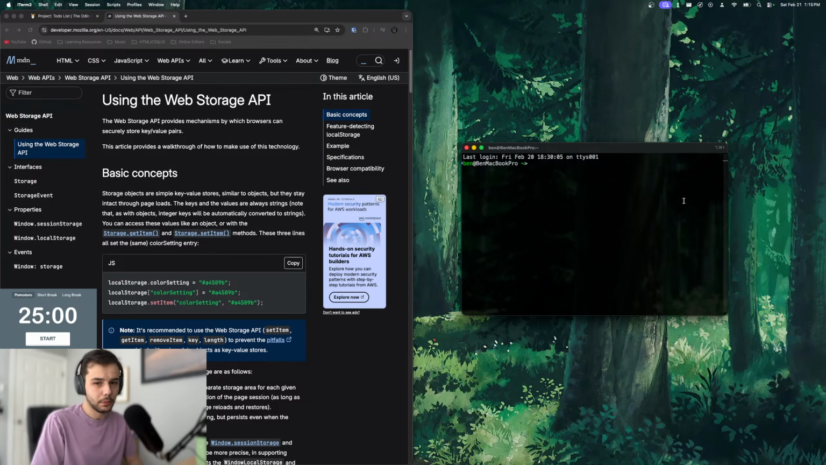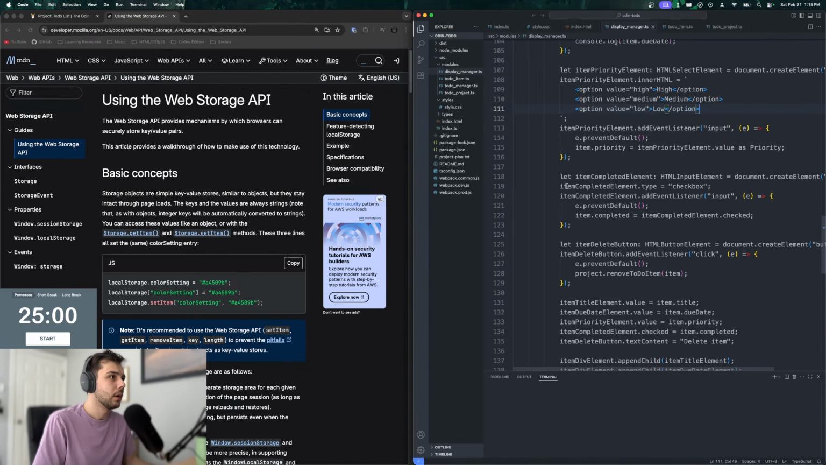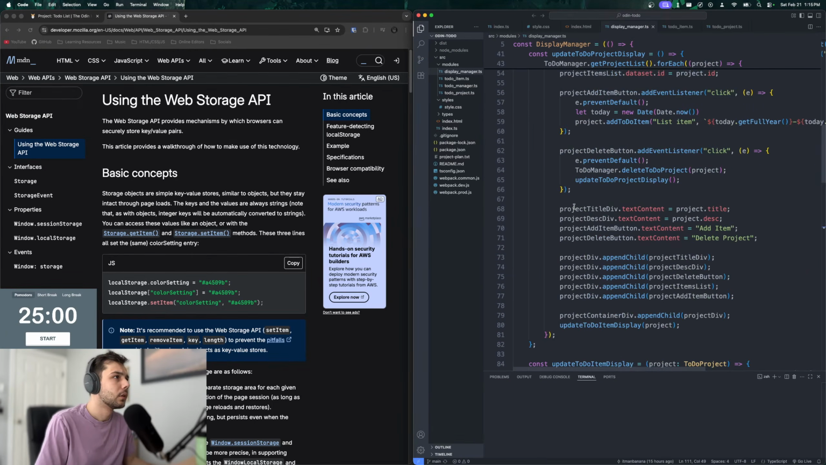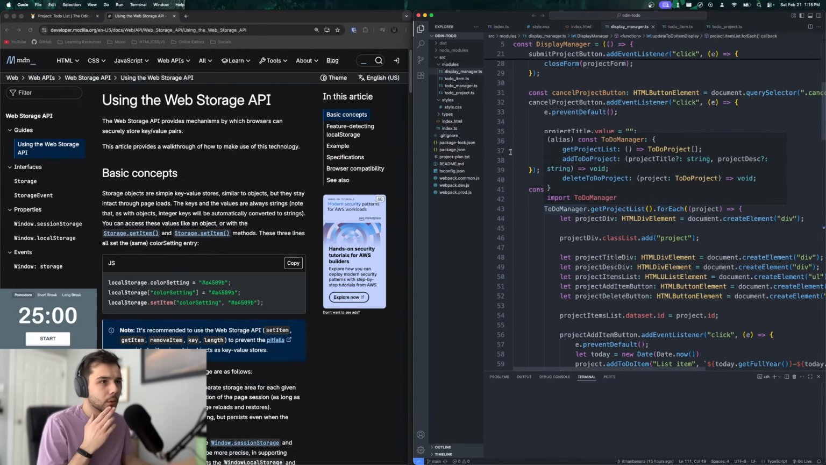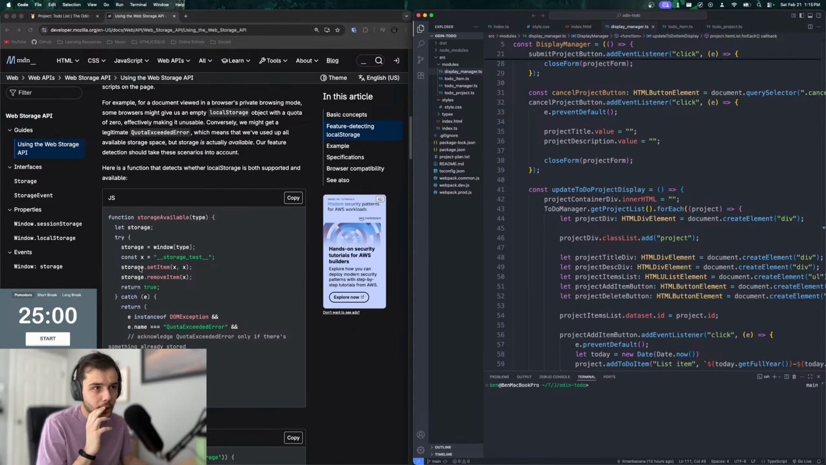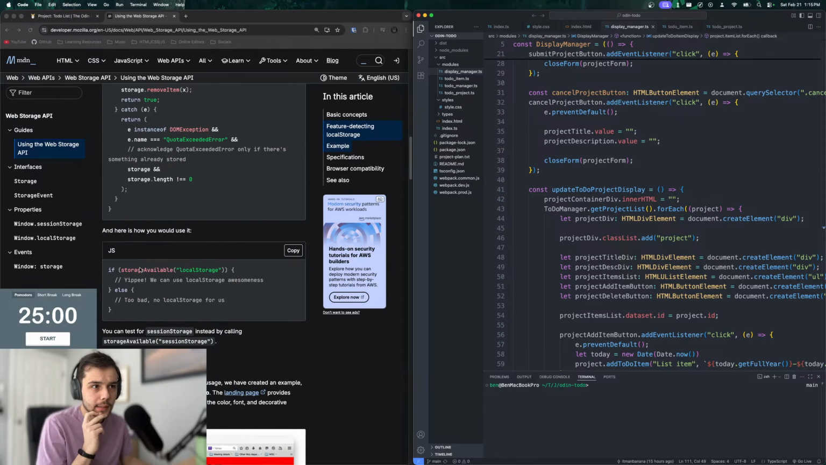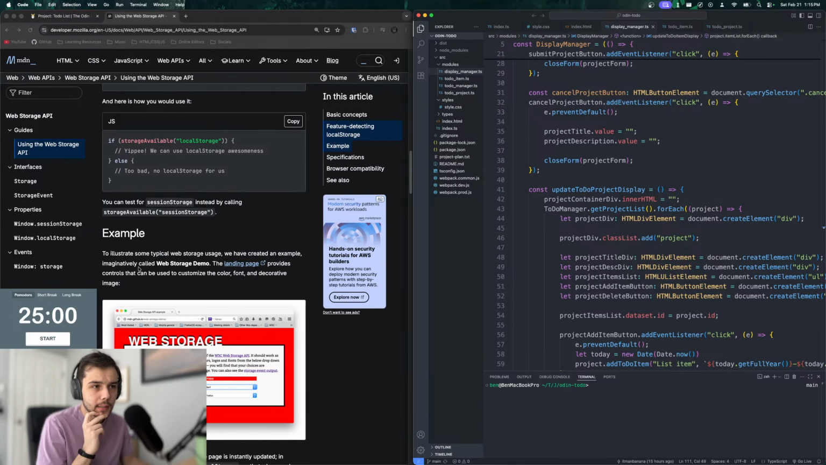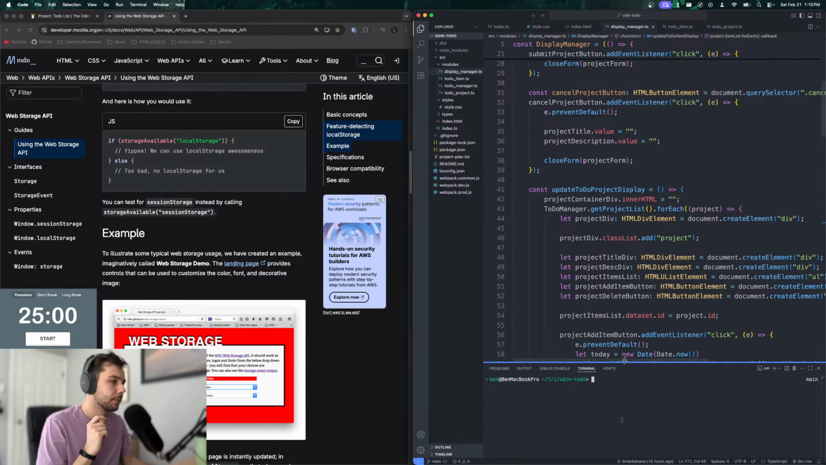Let's just open up the terminal. JS TS code. Okay. So we gotta implement local storage. So it's local storage dot set item and then get item. So let's